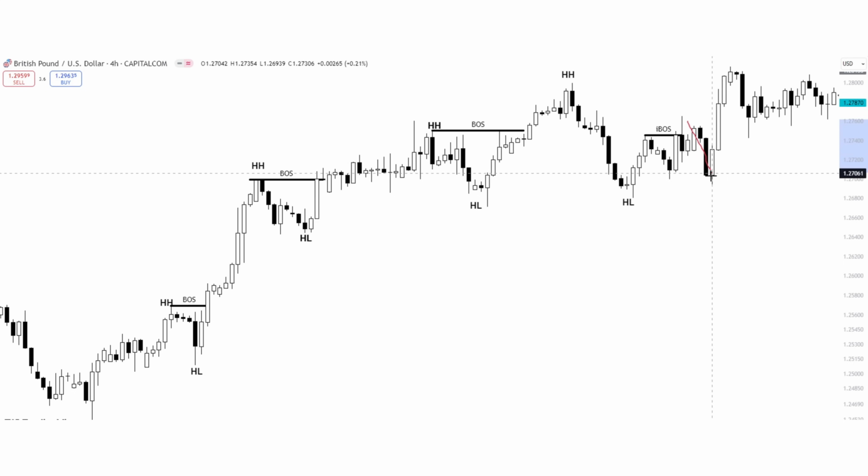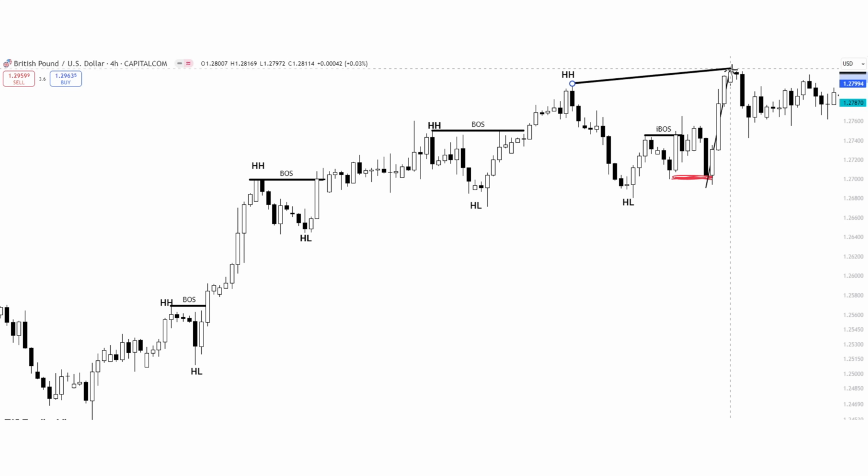But now look at this interesting move. Normally we would expect a pullback that forms a higher low in uptrends, but this low has broken down and formed a lower low. Now this is what's called a liquidity grab or liquidity sweep. It's basically a manipulative move to trap traders. A simple way to avoid these liquidity sweeps is to first have patience to look at the next upcoming candles. If the candles move down and break the external lows, then we would worry about a trend reversal. But in this situation, if we applied patience, we could have easily noticed that that was a trap, because shortly